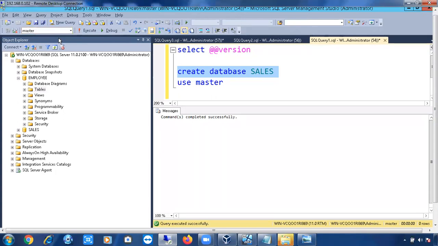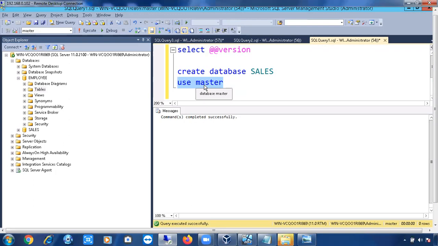Sometimes in the script you can find this as the first line. They will mention the database name in the script itself. The first line of the script will be USE database name, then the script follows. But sometimes users will not mention the database name. In that case, you have to ask on which database I have to run this script. They will provide the database details. Select the database, run that script on that database only, particularly star mark. Again and again, cross check on which database you are running any script.